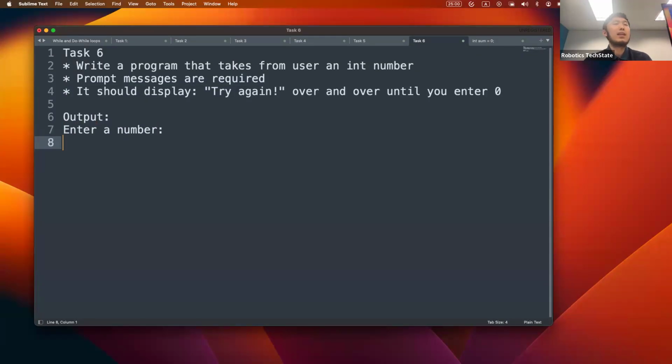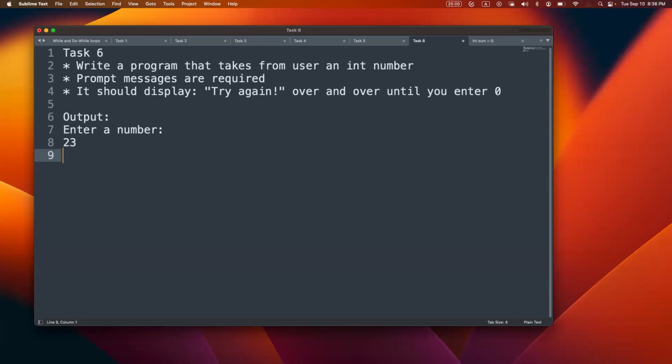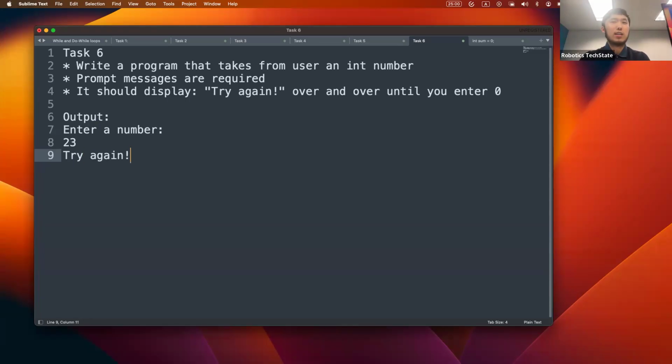We should enter a number different than 0. Say it is 23. Is 23 equal to 0? No. So it should display try again,